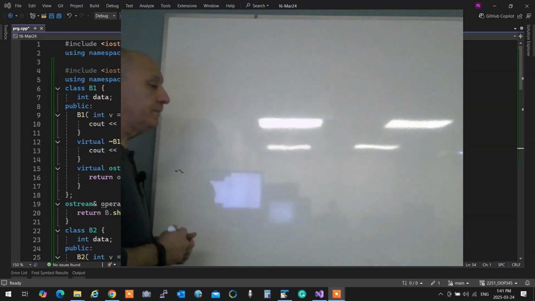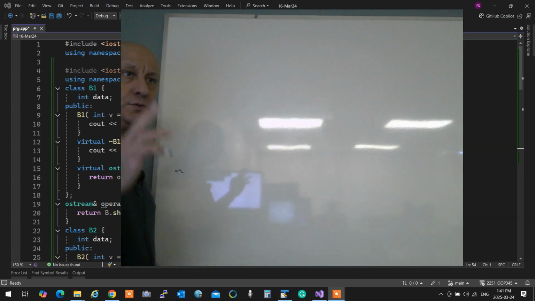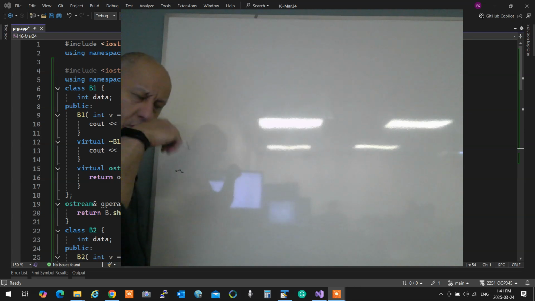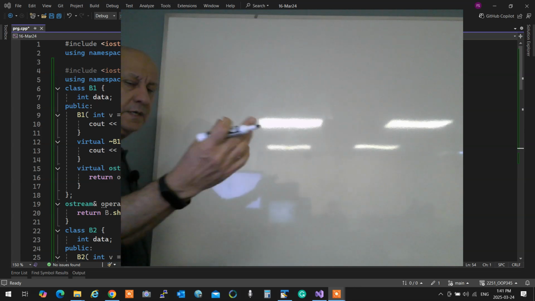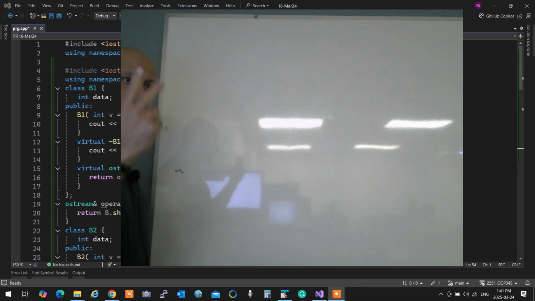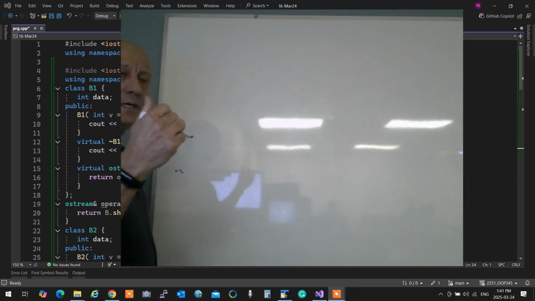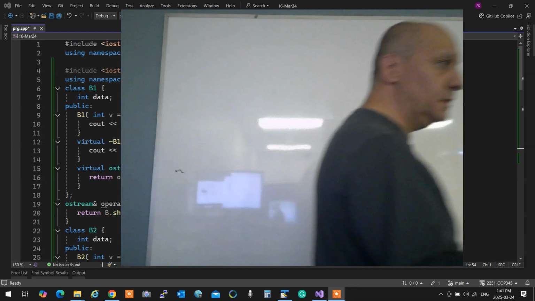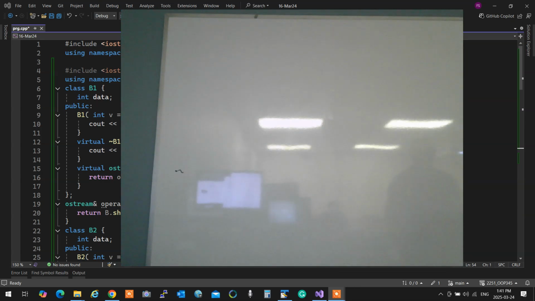When we are drawing a diagram of what the system looks like, we have two different types of things. We have a class model and we have an object model.